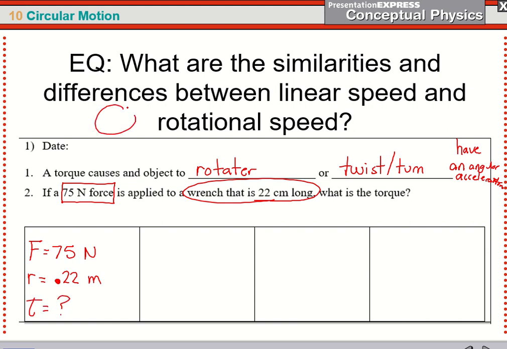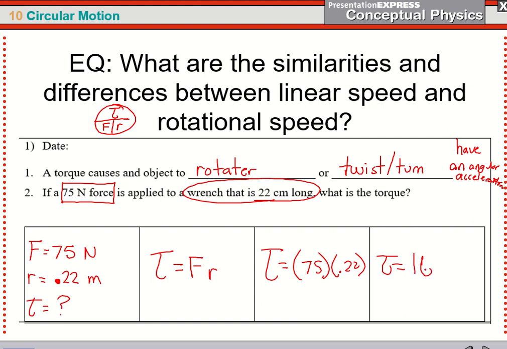We have our circle equation. Torque is on the top, and then force and the radius or lever arm are on the bottom. So if I cover up the Greek letter tau for torque, I realize I'm going to multiply the force times the lever arm. So in this case, 75 times 0.22. And of course, I didn't do this before I got started, so let's pause. All right, so we get 16 and a half